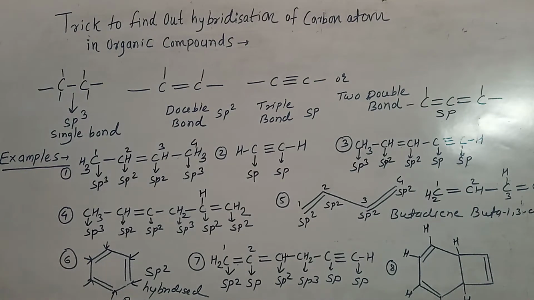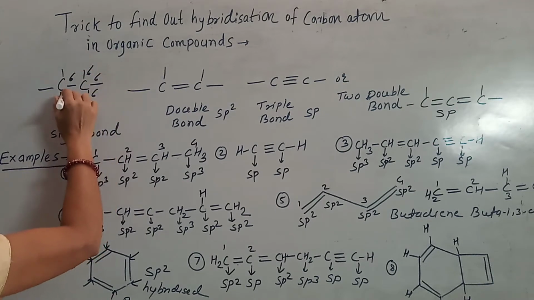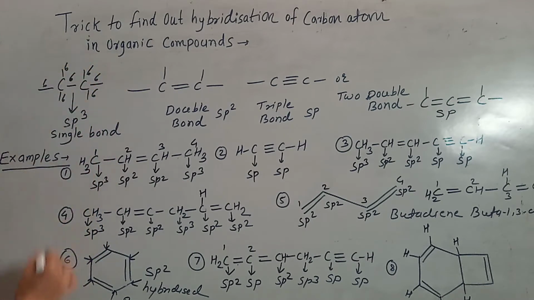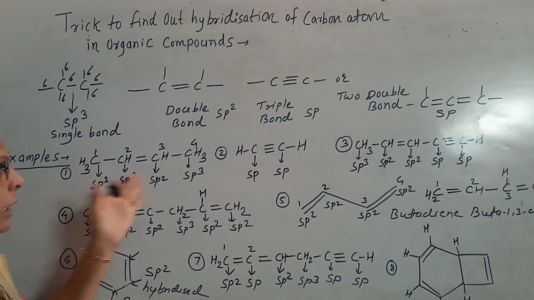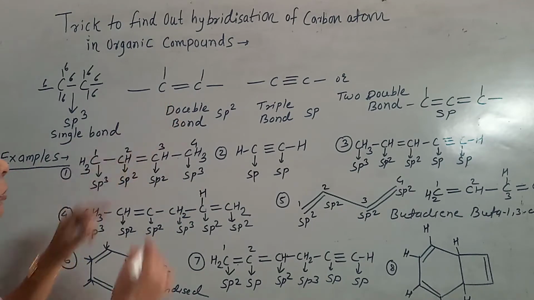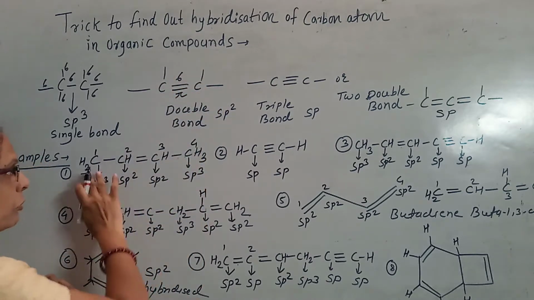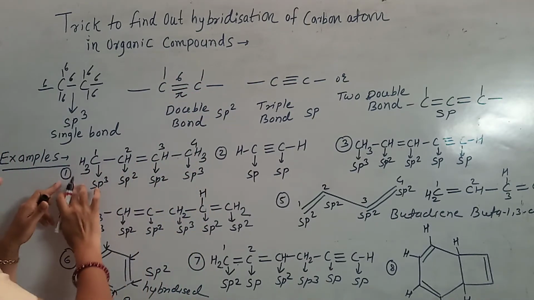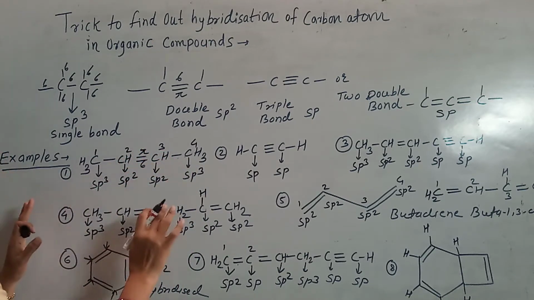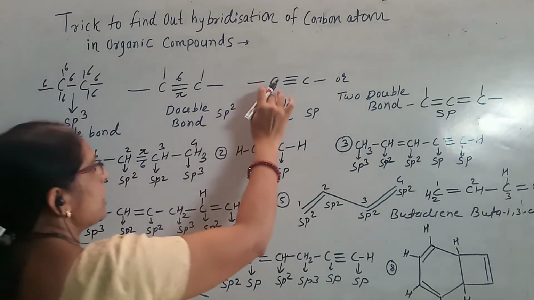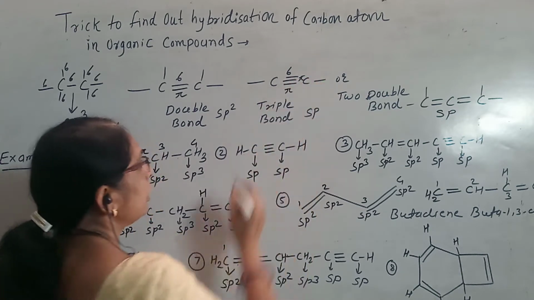We also know that all single bonds are sigma bonds. Remember, all single bonds are sigma bonds. So you may have the question of how many sigma bonds there are in example number 1. Remember, when there is a double bond, one is a sigma bond and the other is a pi bond. So in example number 1, all are sigma bonds except the one which is a pi bond. Like this way we can count. In a triple bond, there is 1 sigma bond and 2 pi bonds. Remember, there are 2 pi bonds.